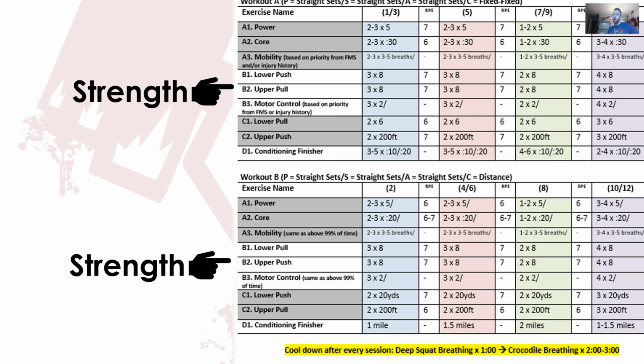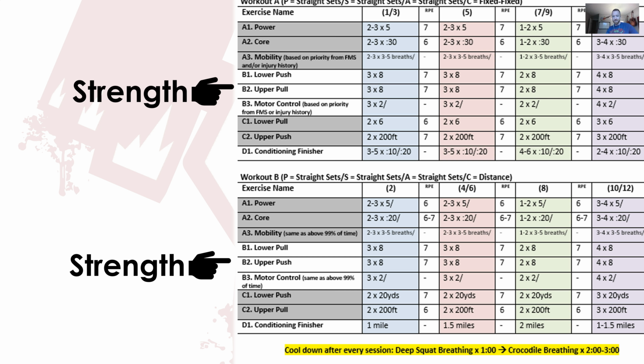And then most, depending on when you're looking at this, most of the time it is. There are times where we do like upper body, lower body days, but those are few and far between. And then strength. And then workout B would be the opposite. If it was lower push, upper pull in workout A, it's going to be lower pull, upper push in workout B, or vice versa. We don't always start with lower push and upper pull. That could also have easily been lower pull, upper push. But the big thing is that the week balances itself out, and we've covered full body training with our strength across the 2 days. Okay?